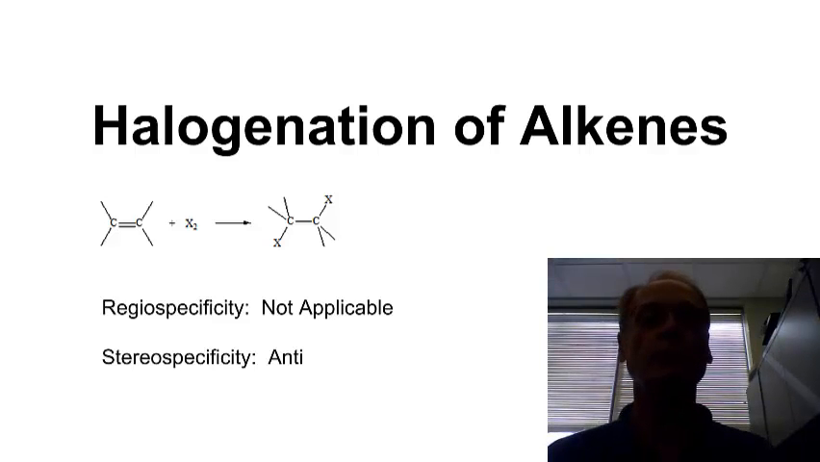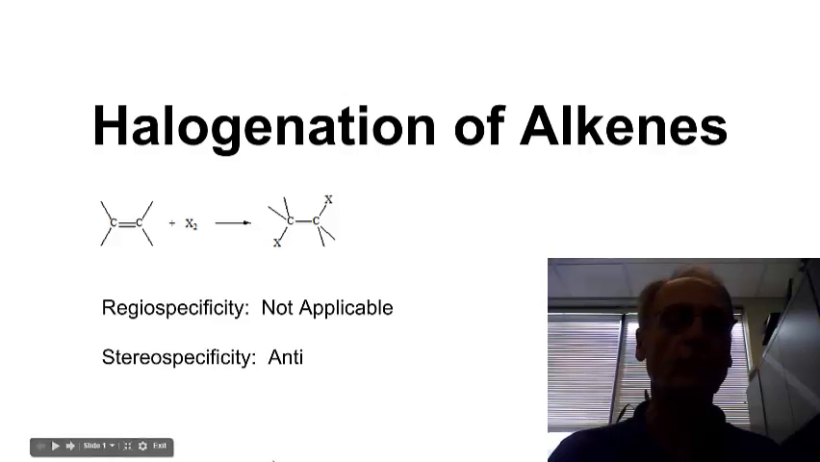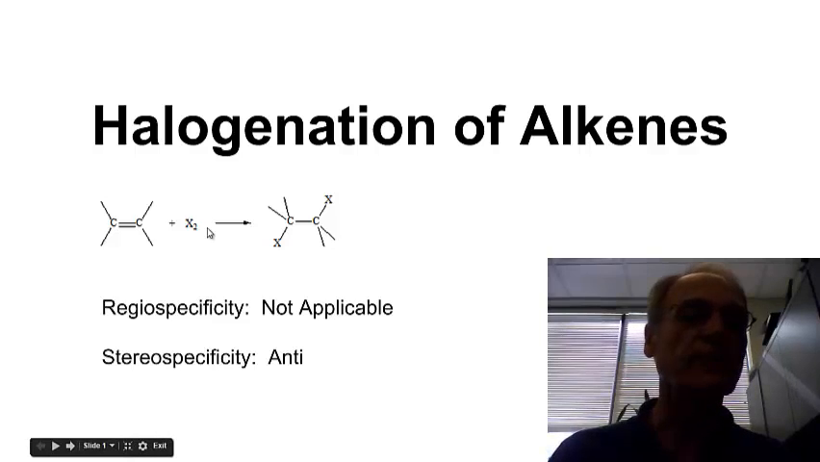Hello. In this video we will be discussing the third of the addition reactions to alkenes. It's called halogenation because all you're adding is the element of bromine or chlorine. That is the X2 in this equation. Could be Br2 or Cl2. Turns out iodine doesn't work because it's not reactive enough and fluorine is too reactive, so we just use Br2